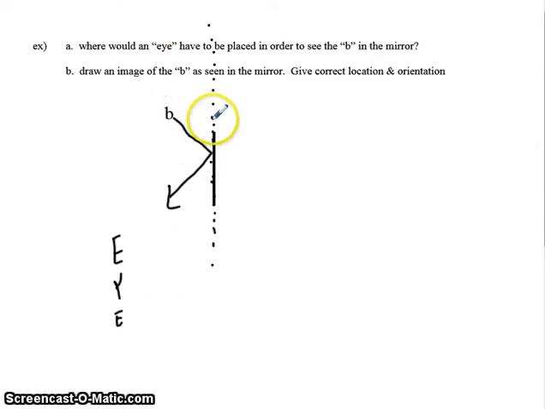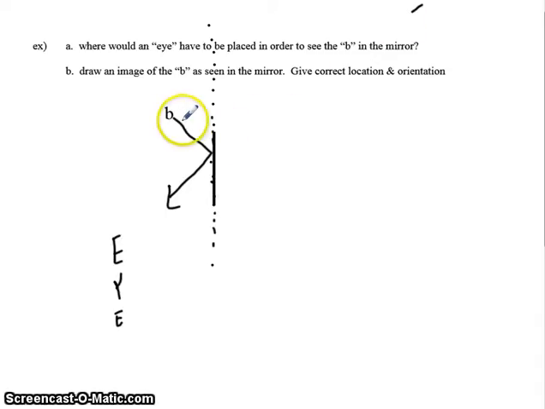Anyway, we want to be directly behind the mirror line, and we also learned that it's equidistant. In other words, this line part, if it's a certain distance in front of the mirror, will be the same distance behind it. So if I approximate this, go back the same distance, then the line part of the B should be right here. The circle part is closer to the mirror, so in this one it will be closer. Alright, now you can clearly tell mine is a little offset. It should be a little bit higher. This seems to be a little bit bigger. So if I try to do that again,